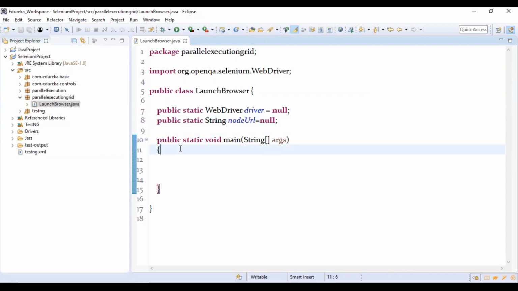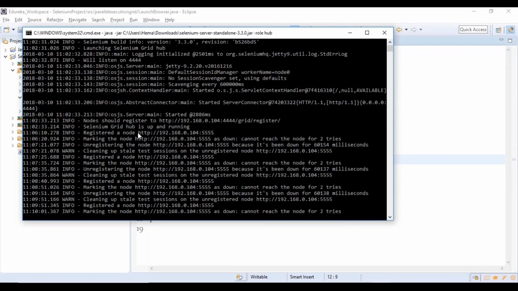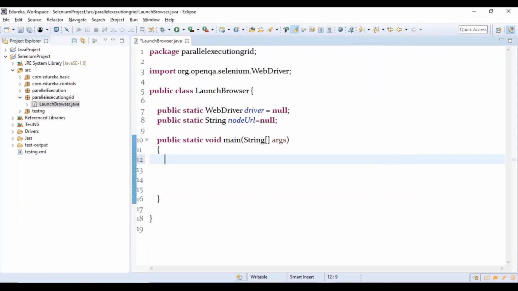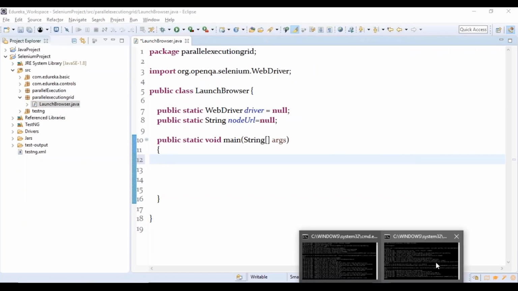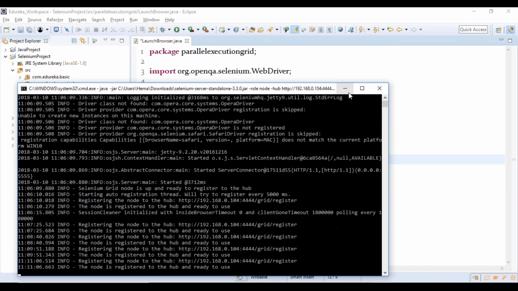I'm supposed to provide the URL for this, right? What is the URL that I'm going to take up? The URL that I'm going to take is the one wherein the node has been registered. So this is the URL that I'm going to take, 5555. That is the port that is open for your node, right? So let me take this. Yes, it is now getting registered. It is now registered. It is ready to use. Let me start working with it.